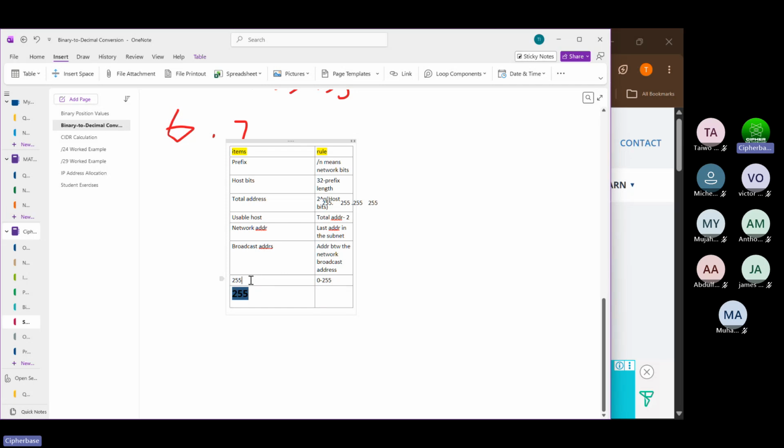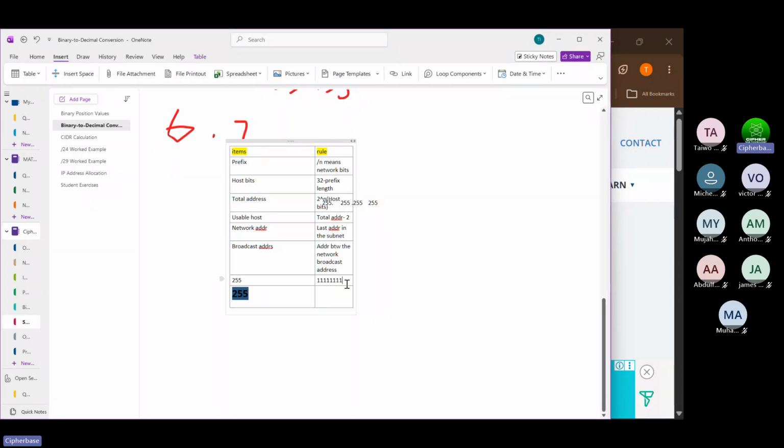So if you want to represent this one now in binary, of course, we just put 1 2 3 4 5 6 7 8. Why? Because it's 8-bit. That's why we put 1 2 3 4 5 6 7 8 here. It's 8-bit. So now I will know this, and since the network we are using is